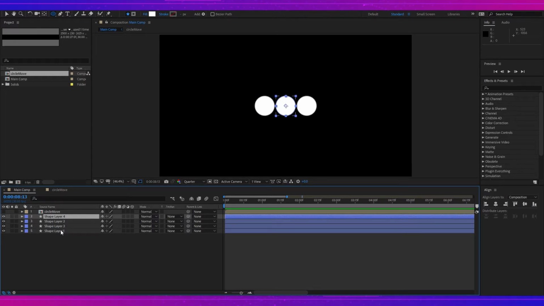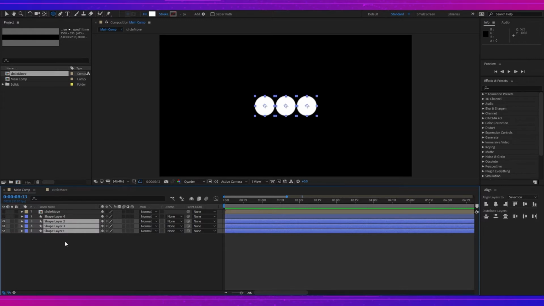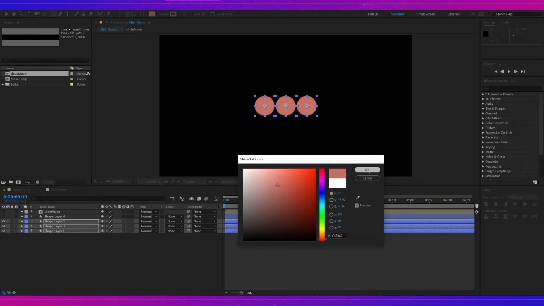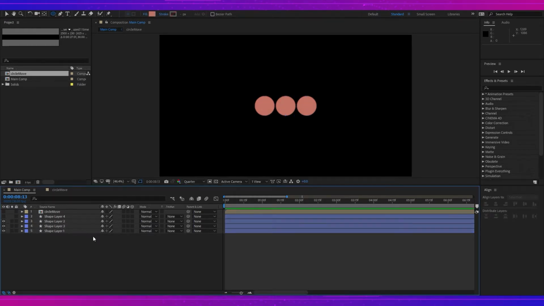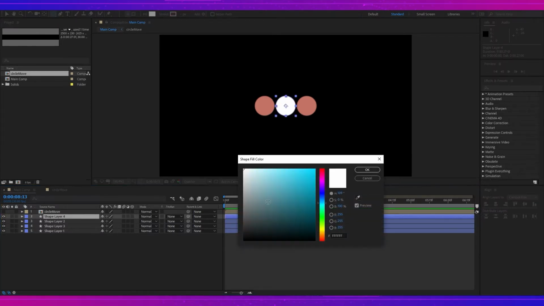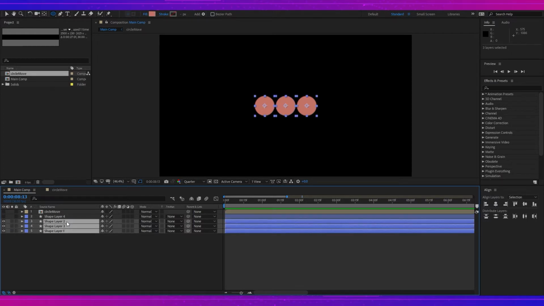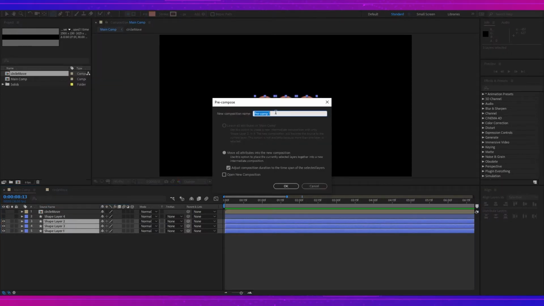Next I will select 3 layers, and let's turn off the visibility of the fourth layer first. Then I will fill the selected layers with color, and then I will turn on the visibility for the fourth layer and select it and fill it with another color. And for now I will hide it and select the first 3 layers, create a pre-comp,